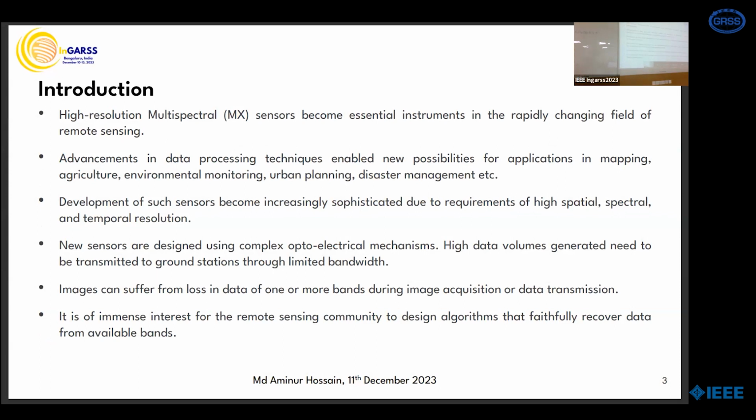High resolution multispectral sensors have become an essential instrument in the rapidly changing field of remote sensing. Advancement in data processing techniques also enables new applications for such images, such as mapping, agriculture, environmental monitoring, disaster management, etc. Development of such sensors has become increasingly sophisticated due to the involvement of high spatial, spectral and temporal resolution. Such sensors are designed using complex optoelectronic